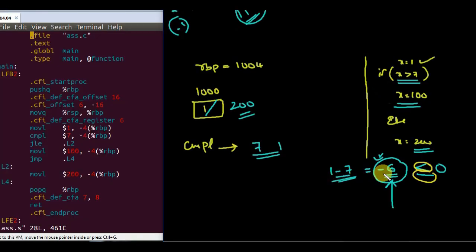After this operation, whatever result we get, the processor will update the values in a status flag. So using that status flag, this JLE operation, jump if less than or equal to, will be done. You can say the jump operation is done based on the status registers. So after the comparing operation, the flags are updated. By using that flag, this will jump. Now we'll try with a different example and see.